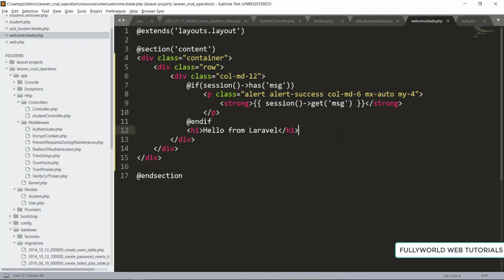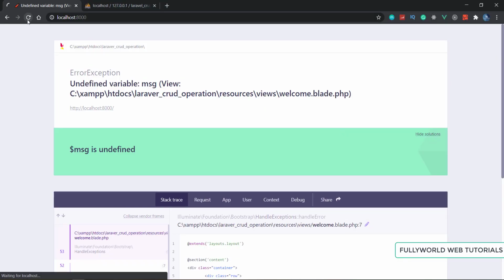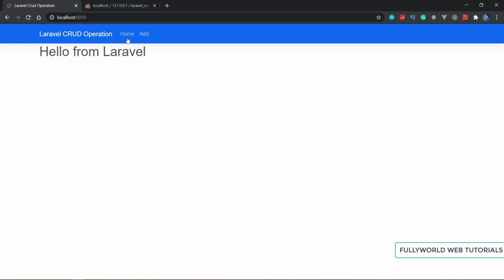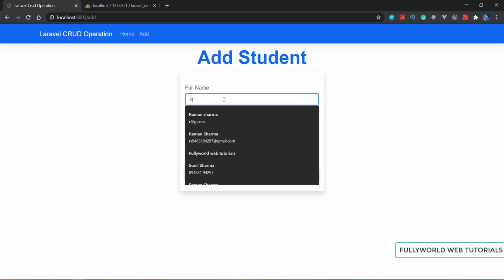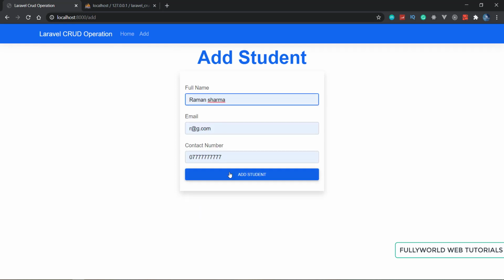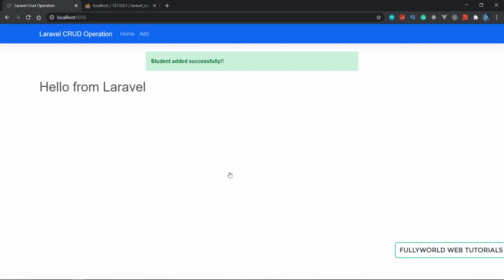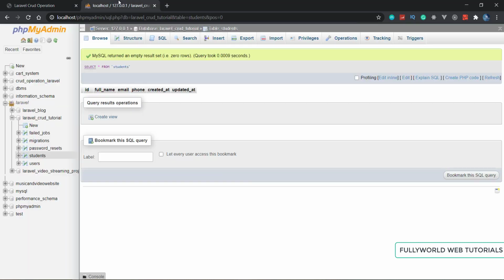Save it, and now we are going to read this. See that nothing is there. Now I am adding something. Here I'm going to add this and click on add student. Now it will render back to our home page, and see that we are getting student added successfully.